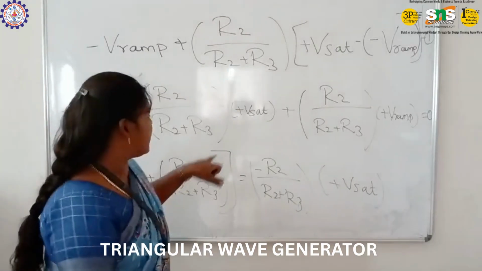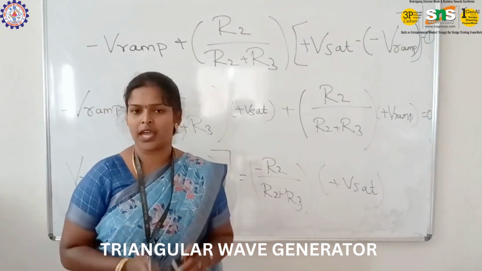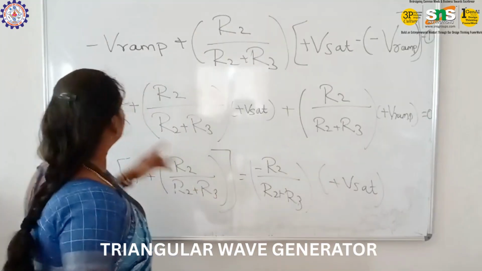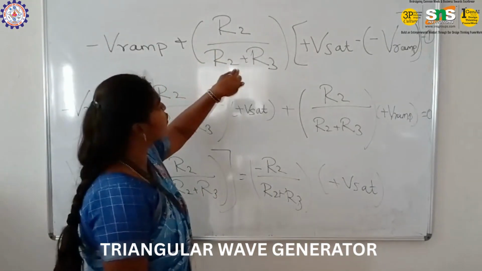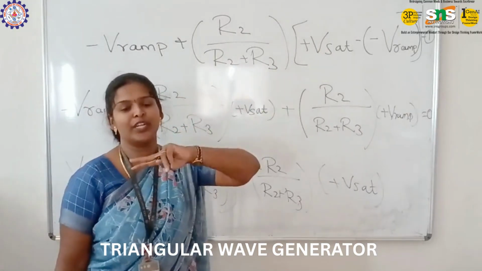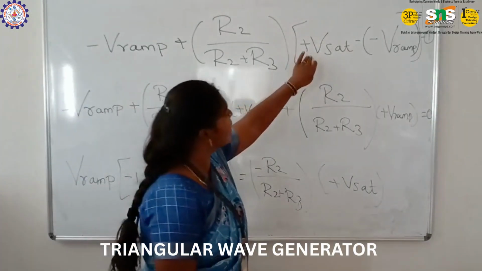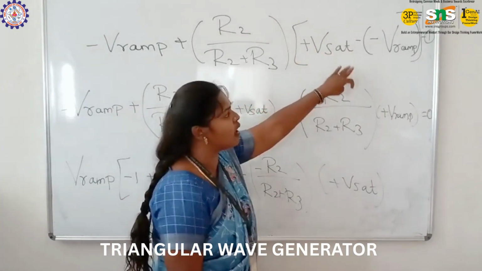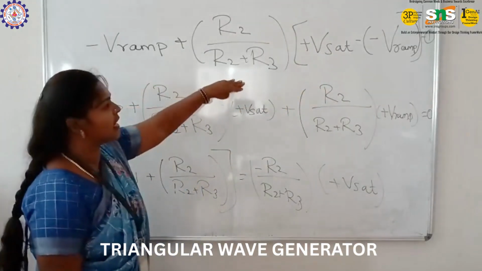So for the triangular wave, let us find the frequency and amplitude. Initially, minus V ramp plus R2 by R2 plus R3, because we used only two resistors, R2 and R3, into plus V saturation minus V ramp. In this condition, mentioned the effective